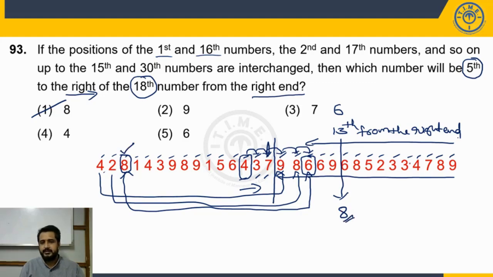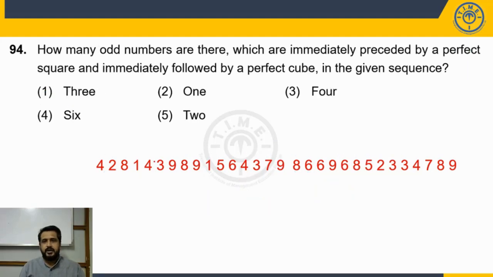Don't interchange and don't waste your time. Anyway, you have to count the 5th from the right of the 18th from the right hand. So directly count in the actual sequence and then look at which number replaces this particular number. That is enough. Okay. Next,